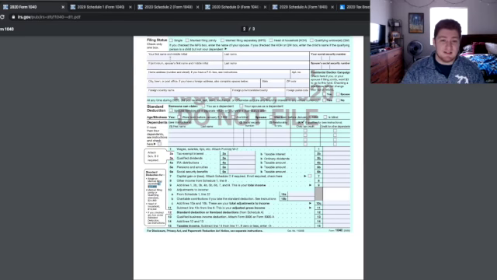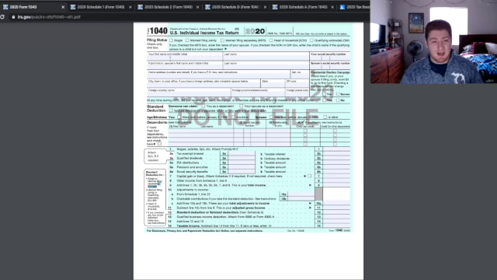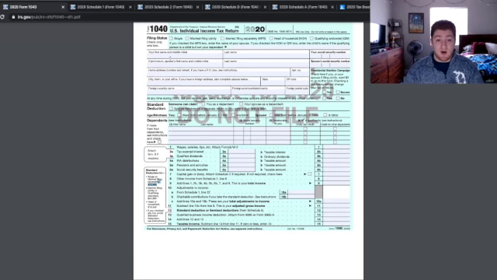So moving down, obviously you need your name, social security number, home address. And then we get into more of the tax questions. So if you're claimed on your parents' tax return as a dependent, you would check this box here. Someone can claim you as a dependent. And then on your parents' tax return, they would fill out this section right here with your first name, last name, social security number, relationship, and then whether they're able to claim any credits because you are their dependent.